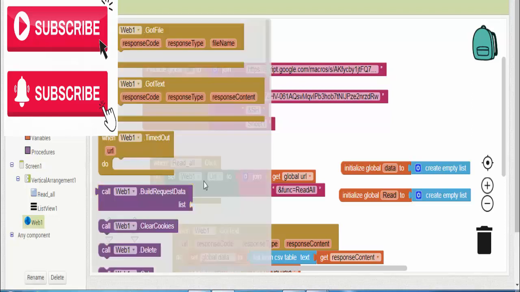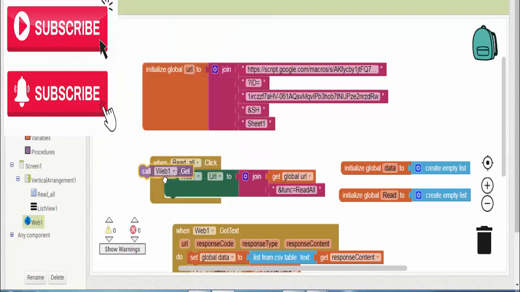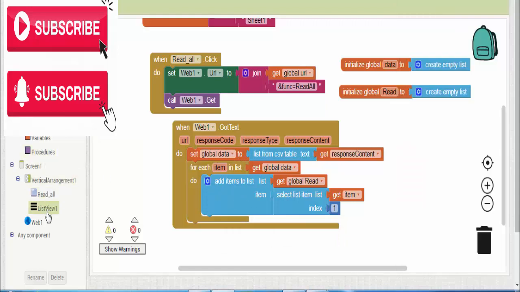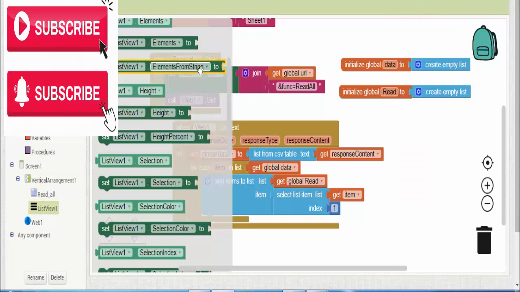So click on that, call web1 get. And another mistake: everything is set, but whatever element value is created should be